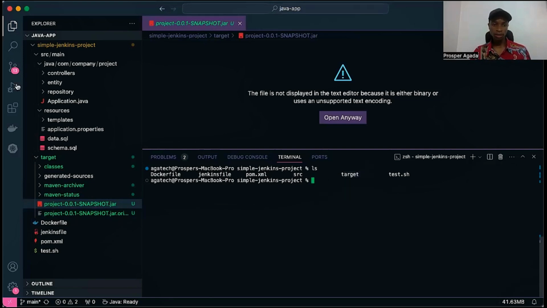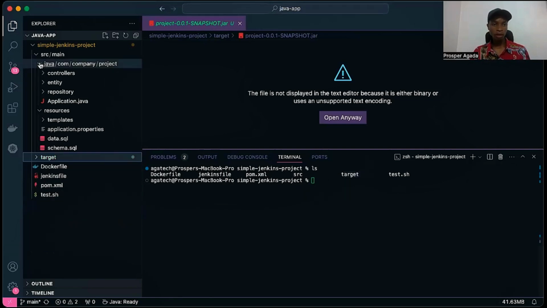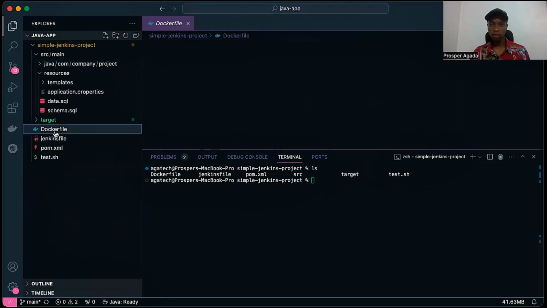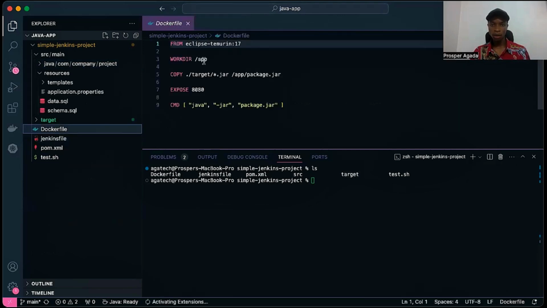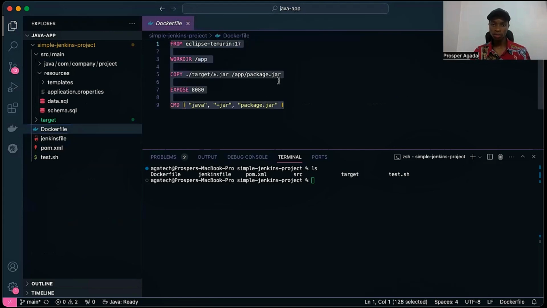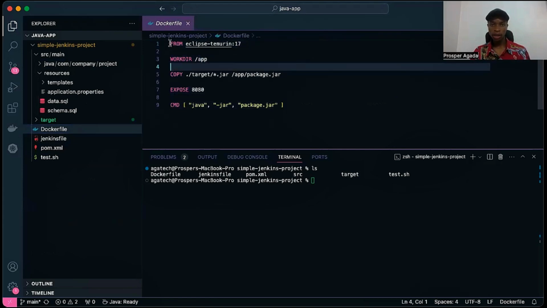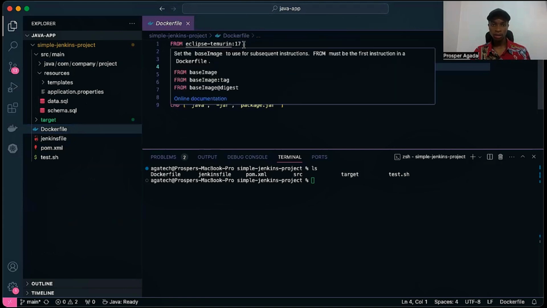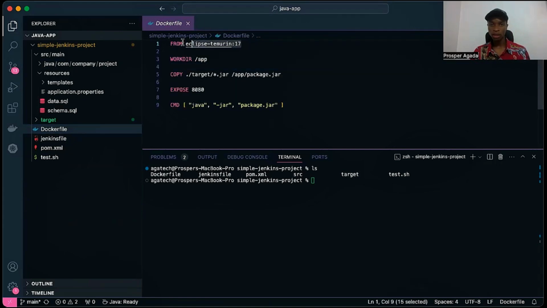So to do that, already on this repo, I have a Dockerfile. I've written out a Dockerfile. Okay, so you can go ahead and use my Dockerfile, or you can modify it to your own taste. So you can see here I have FROM, that's showing the base image. I'm going to be using Eclipse Temurin for this as my base image,